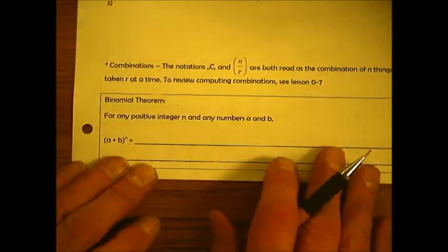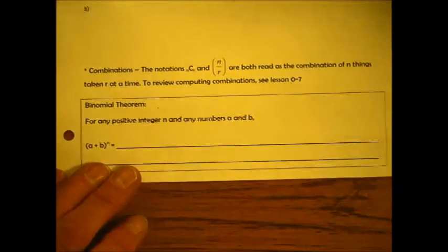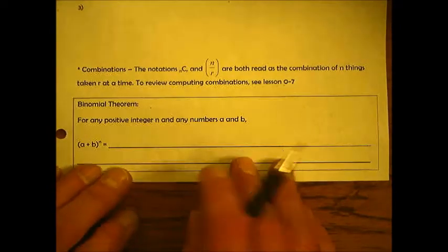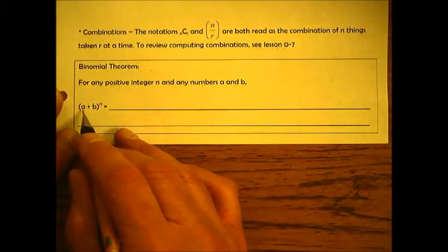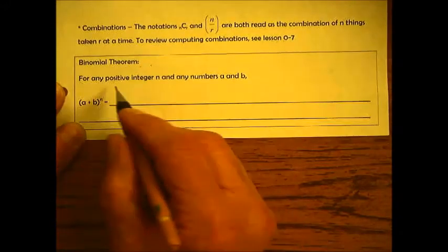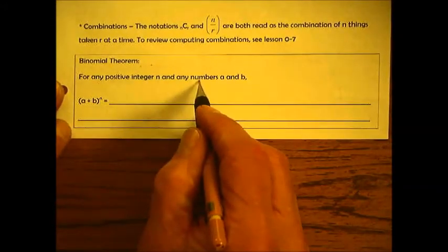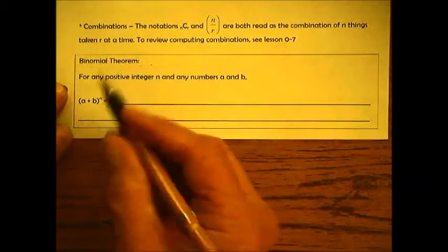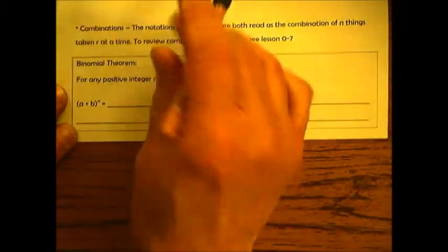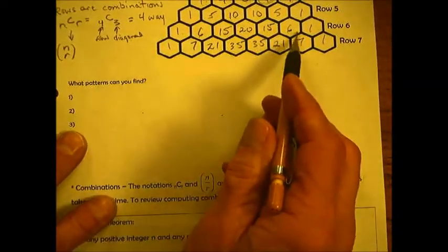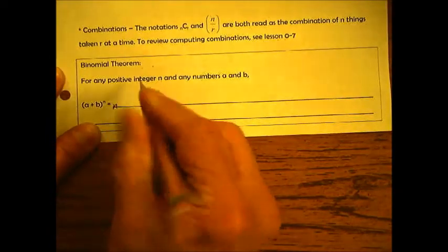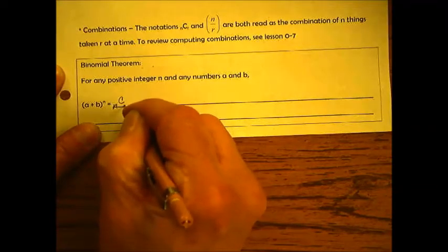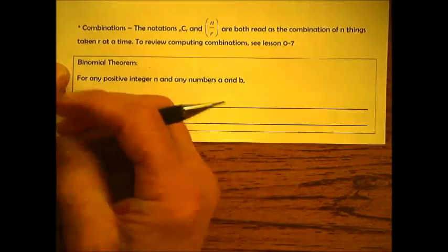Okay, let me make this bigger there. Okay, there we go. We're looking at this box down at the bottom. It's called the binomial theorem, and what we've been multiplying are binomials. The a plus b is a binomial, and for any positive integer n and any numbers a and b. So we can start off like we said, that these numbers in Pascal's triangle are the coefficients, but they're also combinations. So we can write the combination that if we have n number of things to choose from, and we're going to choose 0 of them,